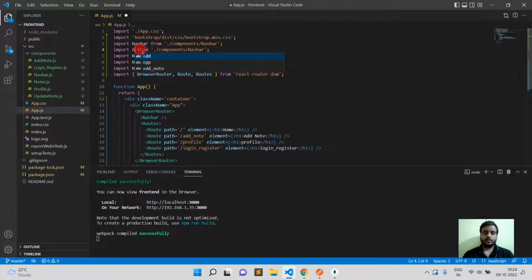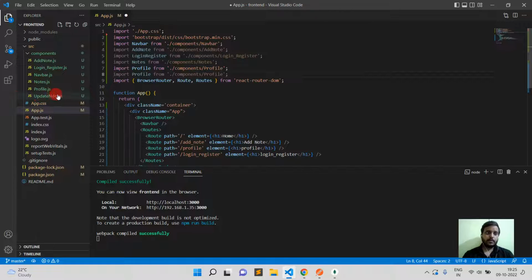So add node and then login underscore register, and then nodes, then profile, for update node. Okay,